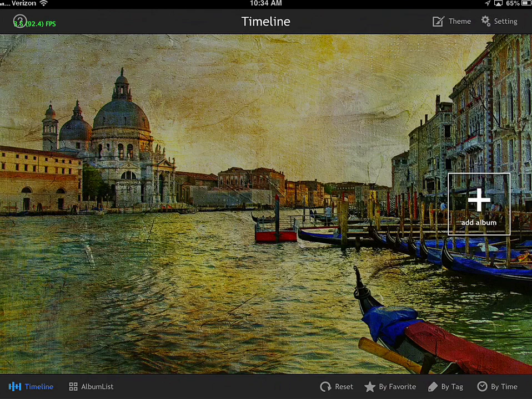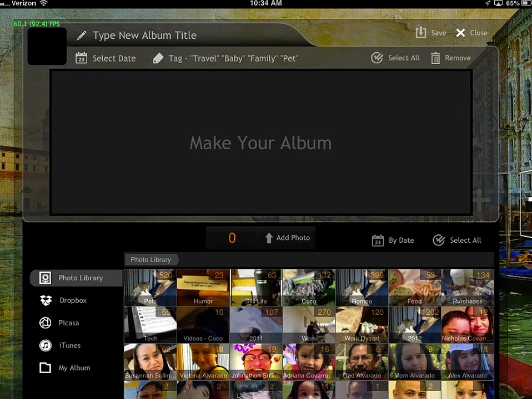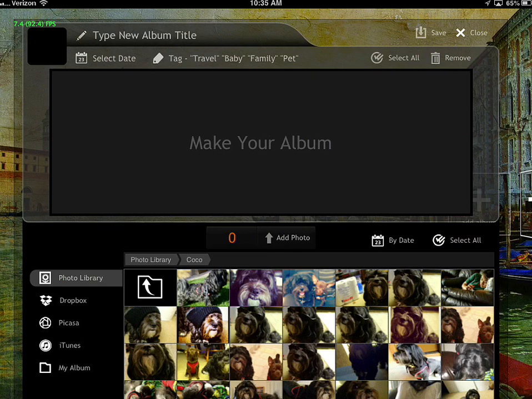So to demonstrate, I'm going to create an album here. There's an add album button off to the right. We will touch that, and it opens up your album display on the top and your photos along the bottom, and it gives you all of the albums that are on your device. So I'm going to select the Coco album, that is my dog,